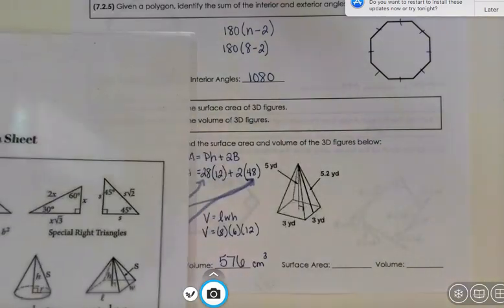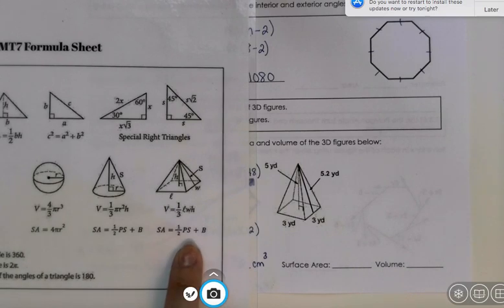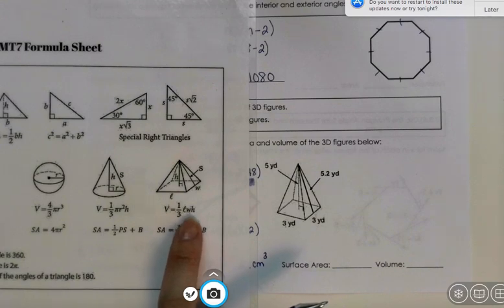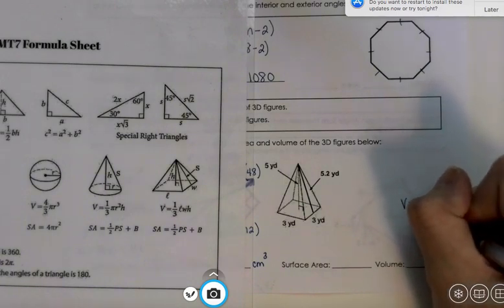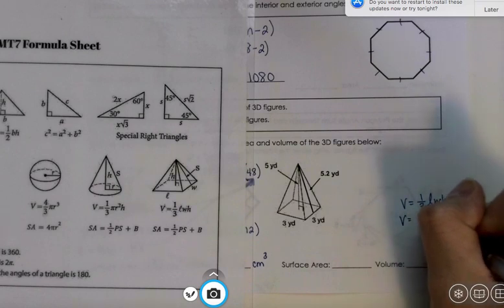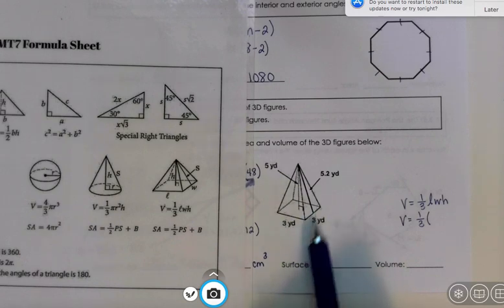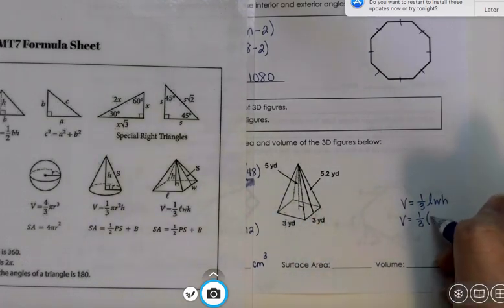So I'm going to put my formula sheet on this side so we can still kind of see things, which works out because I have my pyramid right there. I'm still going to start with volume because I just multiply my length and my width and my height with 1/3. So volume equals 1/3 length times width times height. So I have 1/3. My length and my width, if I look down here, they're the same. So it doesn't matter which one is which. So I have 3 for my length, 3 for my width,